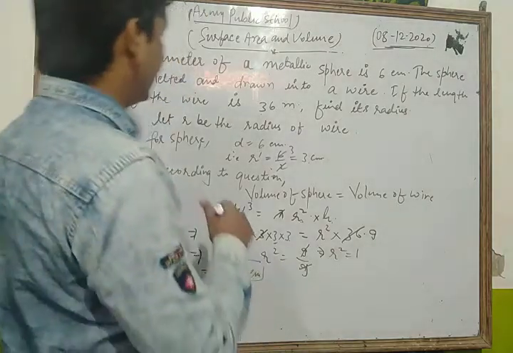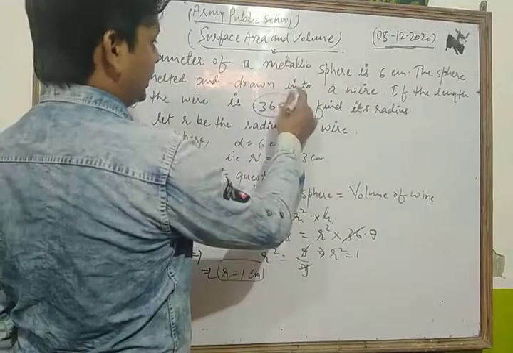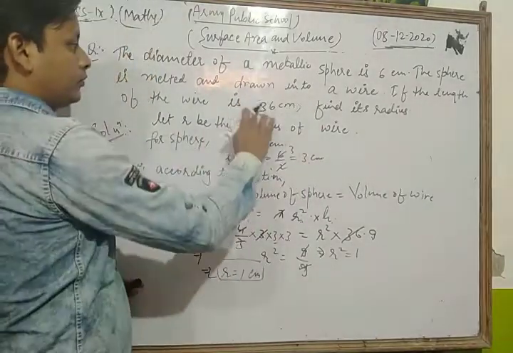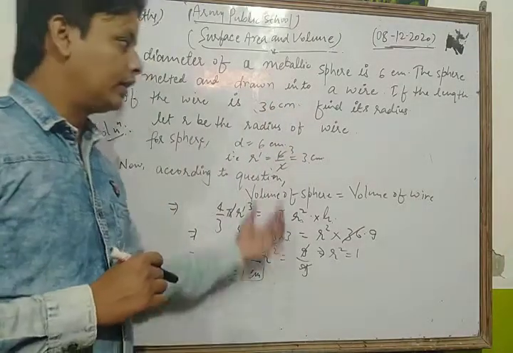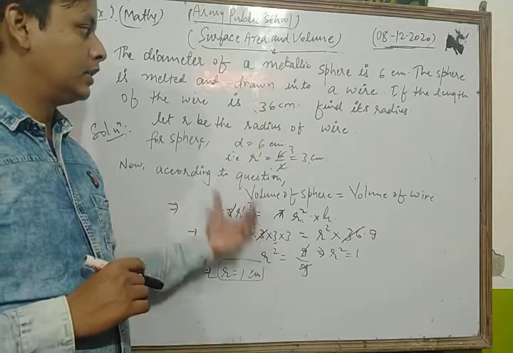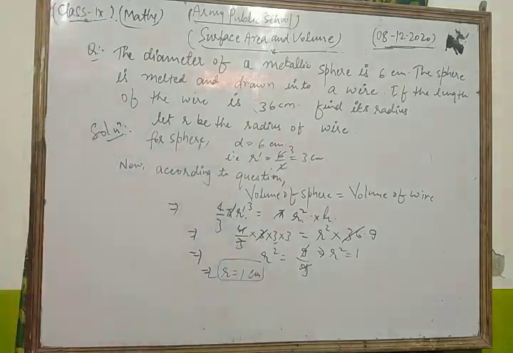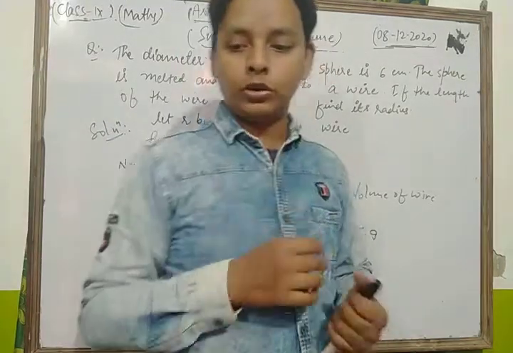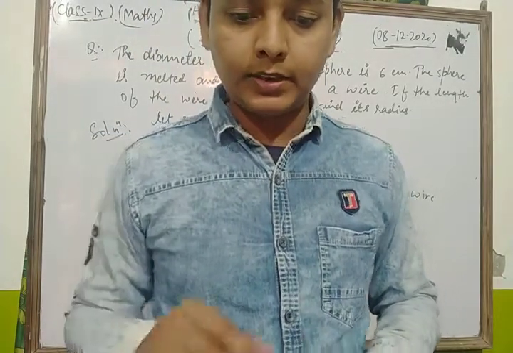One important thing is that here the height is in meter. Sorry, centimeter. Write it in this way, in centimeter. So in this way, the radius of the wire is 1 centimeter. This is the concept of that question. Now dear friend, we take and solve some other important question of your syllabus. Let's see.